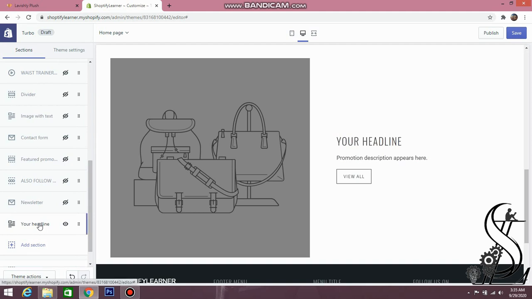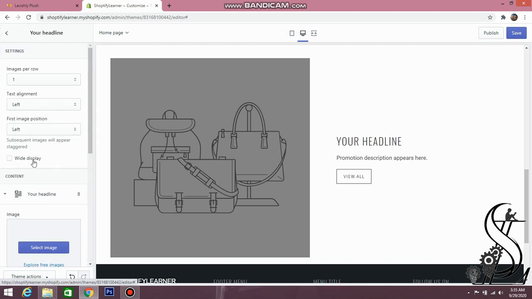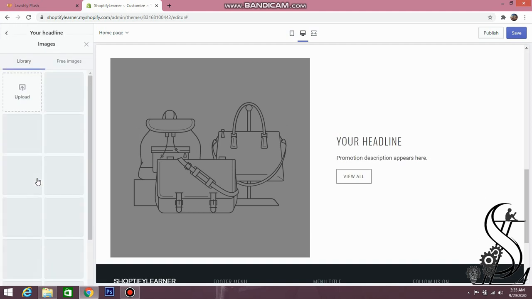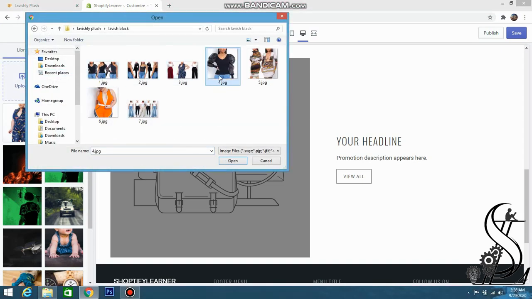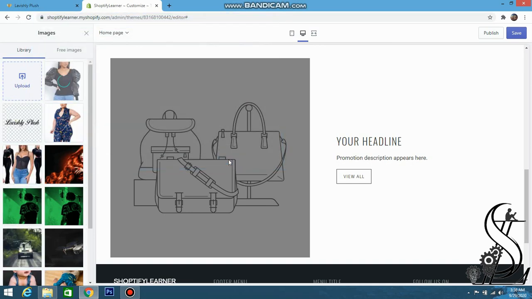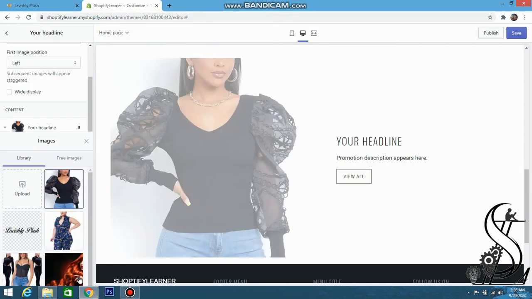Now we go to the image with text section. We click on your headline, select image, upload, and click on that picture which we saved on our PC.